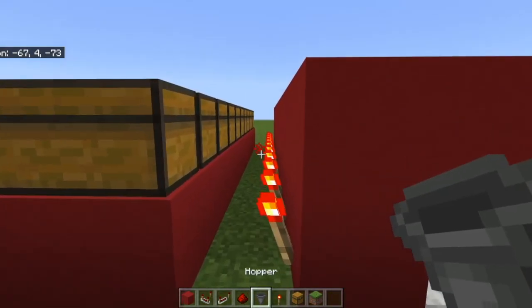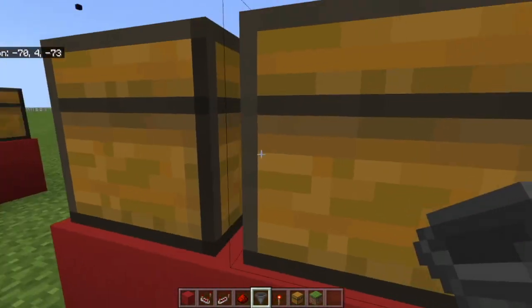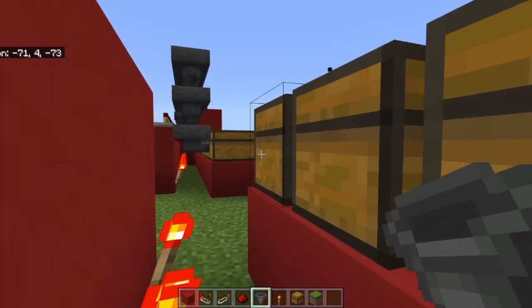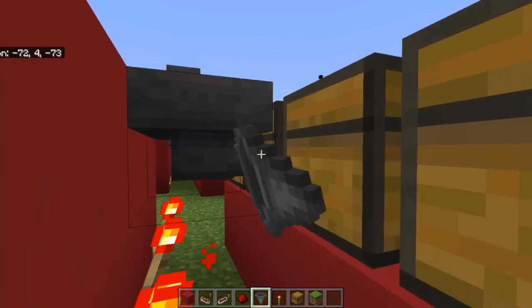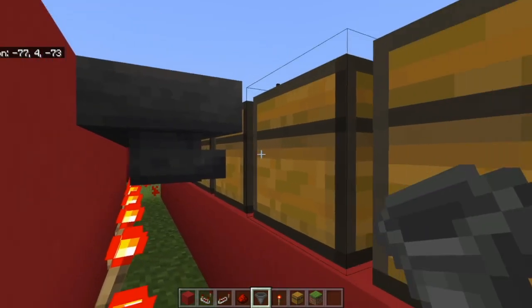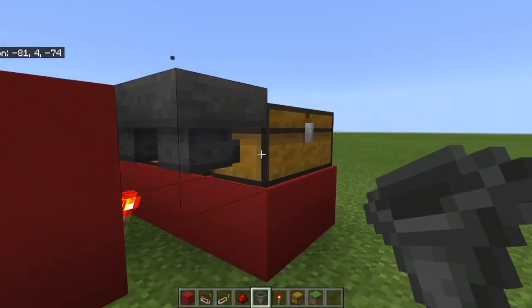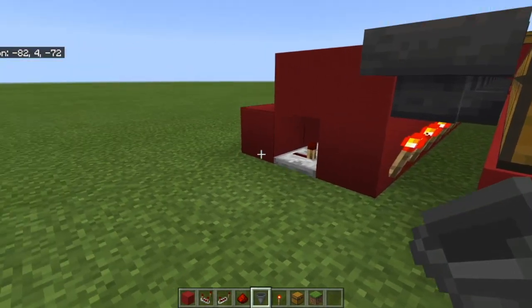Next, you will need to go in between these hoppers here, or the redstone torches, sorry. And you will need to have the hoppers with them facing inside of the chest here. Now this is very important. So like this, and you will need a hopper on this last chest, but you don't need any of the